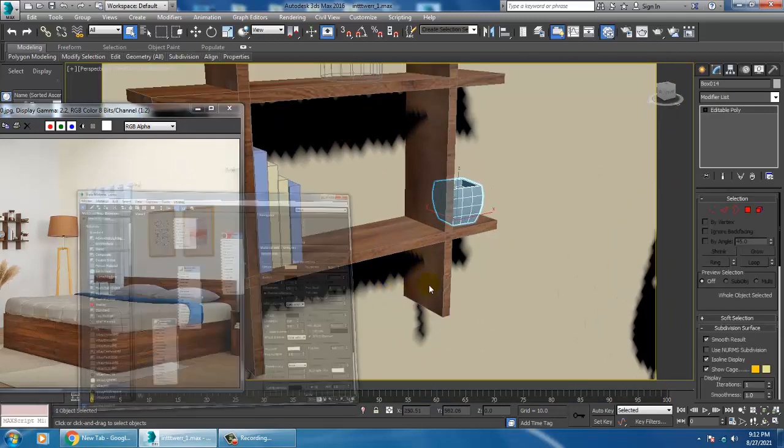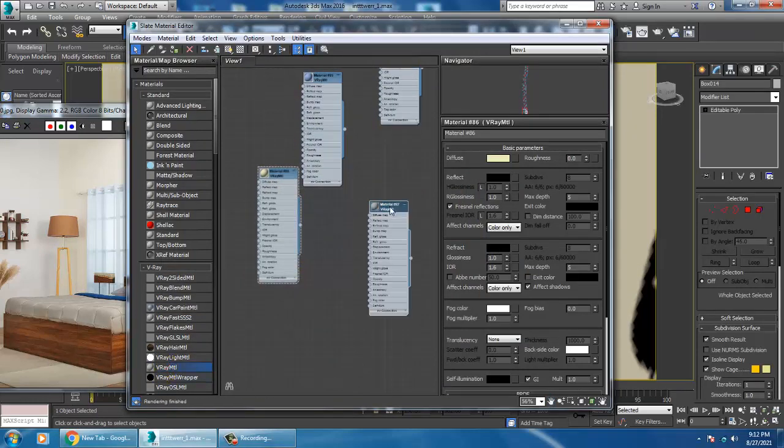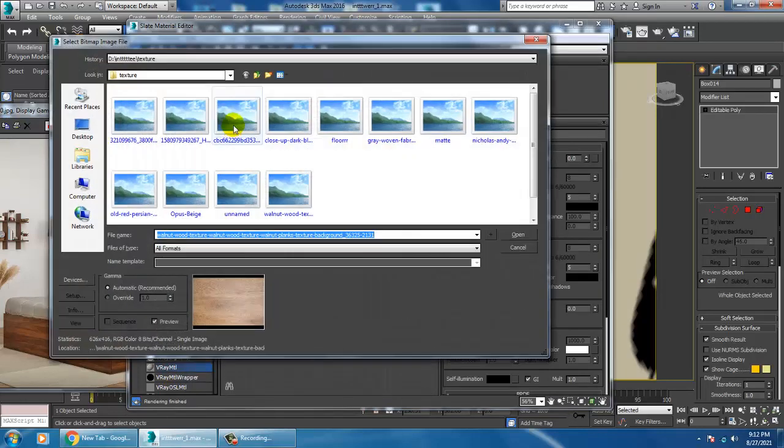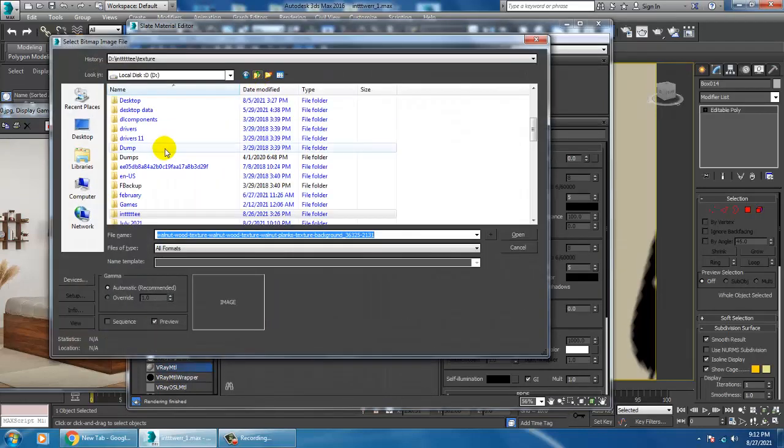Material, V-Ray material. If you have a ceramic kind of a texture, you can assign a ceramic texture over here.